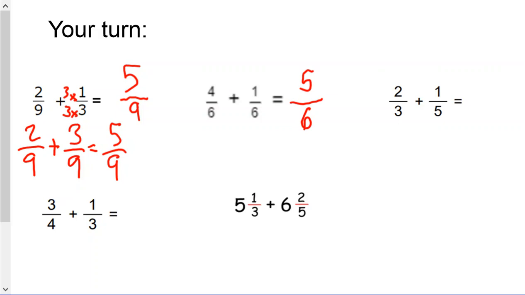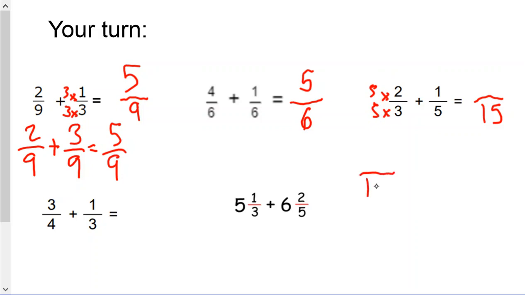2/3 plus 1/5. All right, we don't have like denominators, and in this situation, I'm just going to multiply the denominators together to get my common denominator. And 3 times 5 is 15, so our denominator is going to be 15. So 3 times 5 here, do it to the top. So now we have